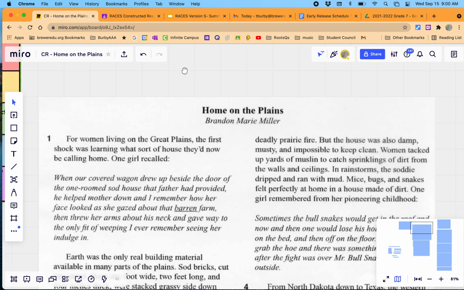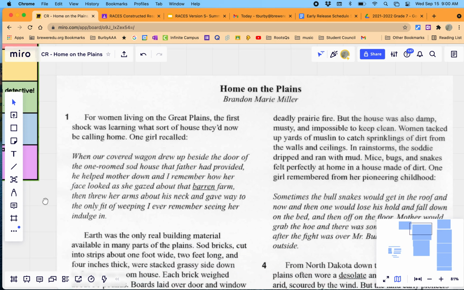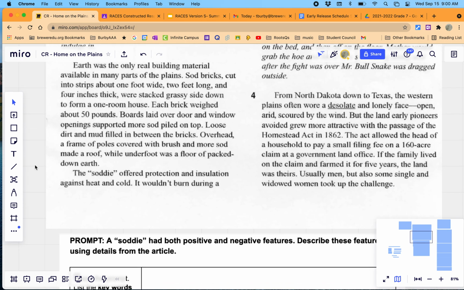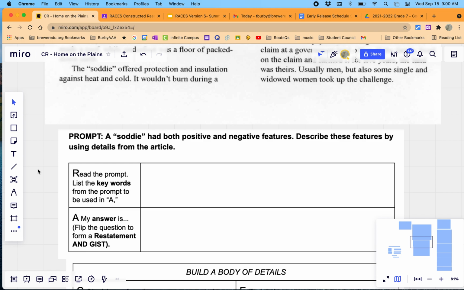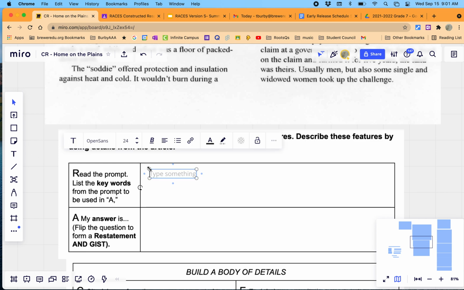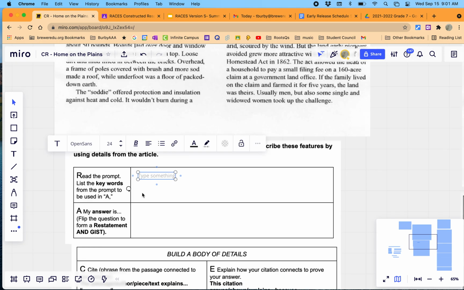So this is one we use in class called Home on the Plains, and it's about something called a soddy, which is a house that was built about the 1880s out in the Great Plains. So what you're looking at here is the prompt. Before we even read it, here's the prompt. And the prompt says, a soddy had both positive and negative features, and describe these features by using details from the article. So the first thing we'll write is just a copy of the actual prompt question, which is, a